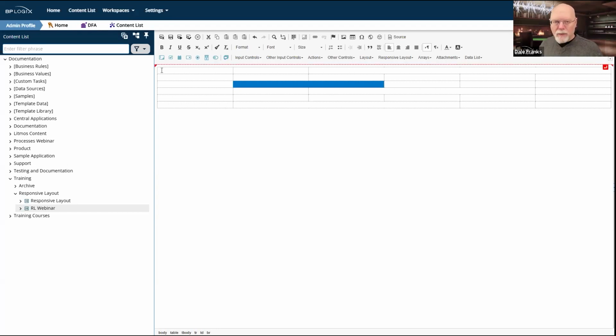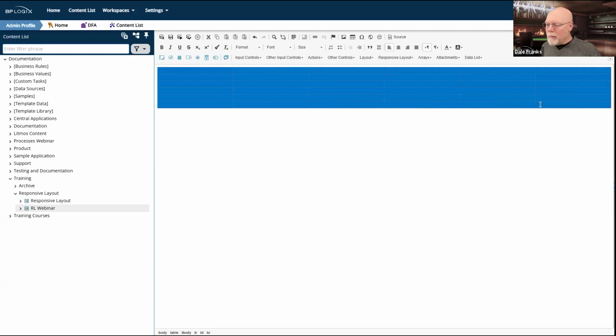Bootstrap allows me to freely put however many columns I want in each row, and each row will have its own column breaks, and each column will have its own unique width. And so it gives me a lot more advantages in terms of how I want to structure my form, which we'll talk about in a little bit.